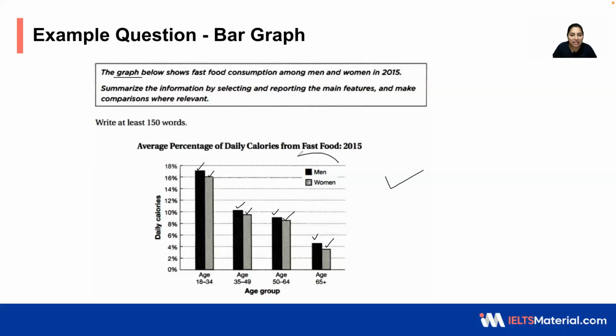So here you can see that there are 2 different categories describing men and women, taking into consideration their age factors. So this particular age factor is determined for both men and women. This is called the x-axis, and the standing line is called the y-axis. So one thing that you can keep in mind is that when you are writing the introduction, you can actually use the y-axis and the x-axis terms to make your introductory sentence.